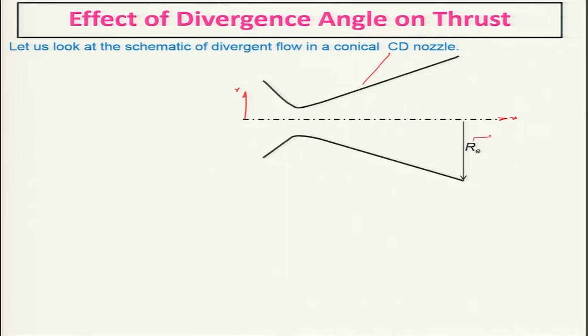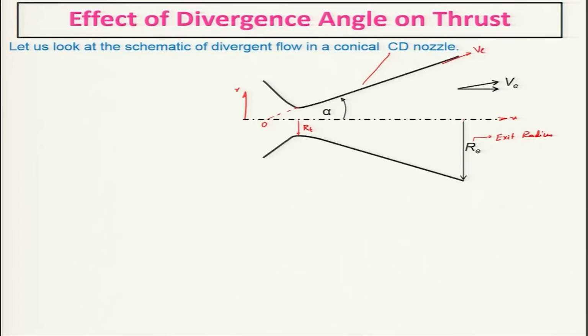RE is basically the exit radius of the nozzle, and it has a throat area, so I can say this is RT. This makes an angle alpha with respect to the axis. If I take this as the origin, it makes an angle alpha, and if I consider the flow to be along the wall,